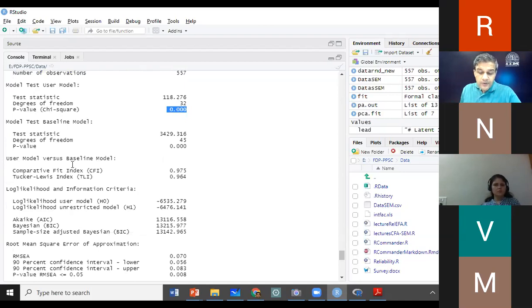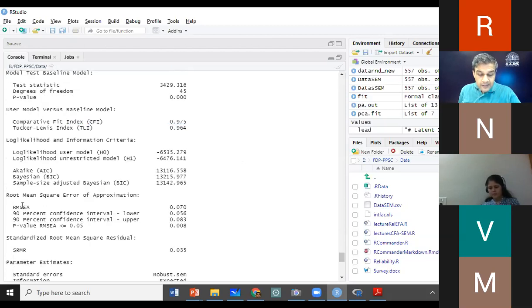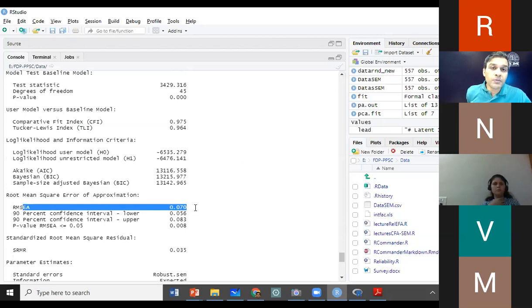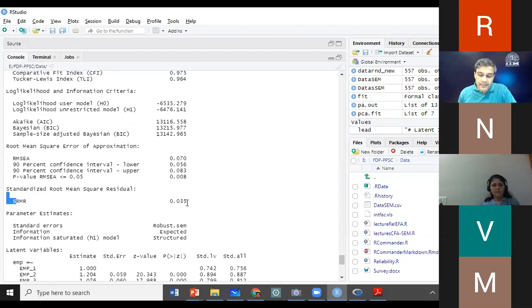Then the comparative fit index is 0.975. We said it should be greater than 0.95, so it is giving us a fit index greater than 0.95. Then RMSEA, we said it should be less than 0.05. Here we are getting 0.07. And there is another one, SRMR, 0.035. This SRMR, standardized root mean residual, should also be less than 0.05.